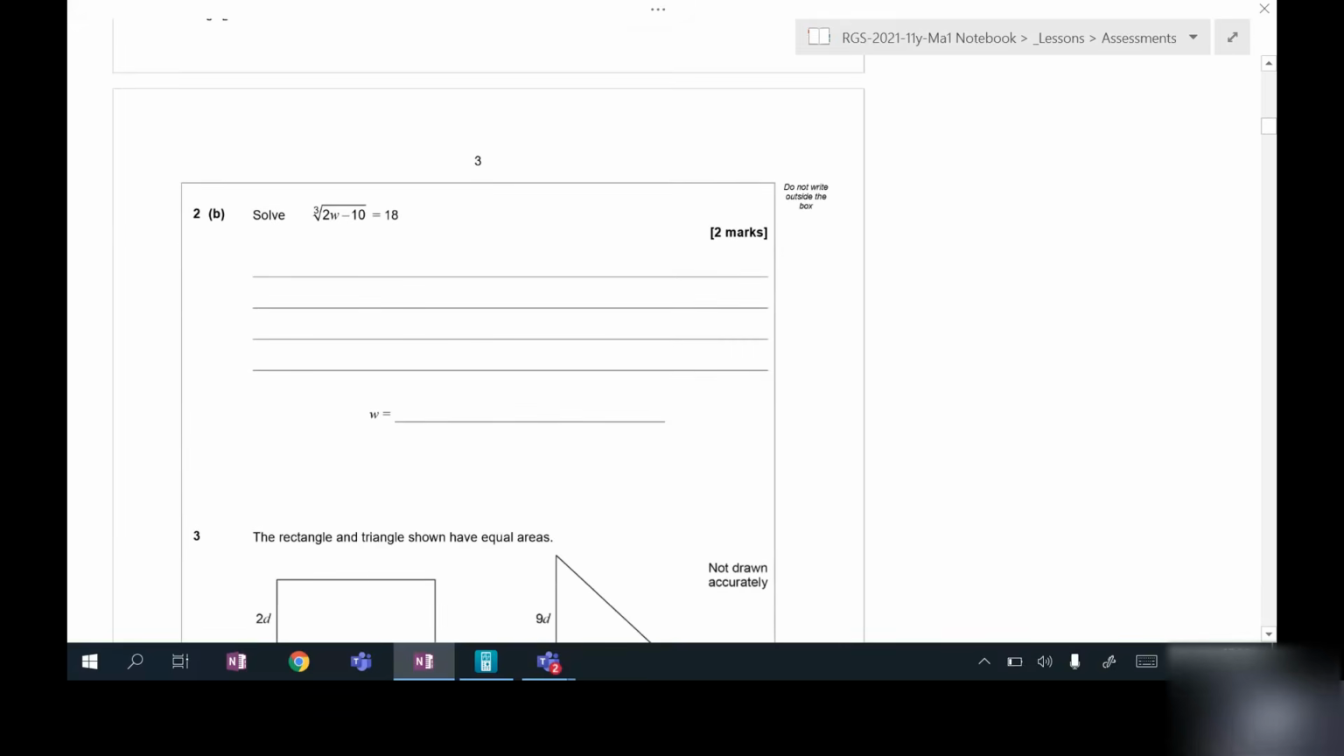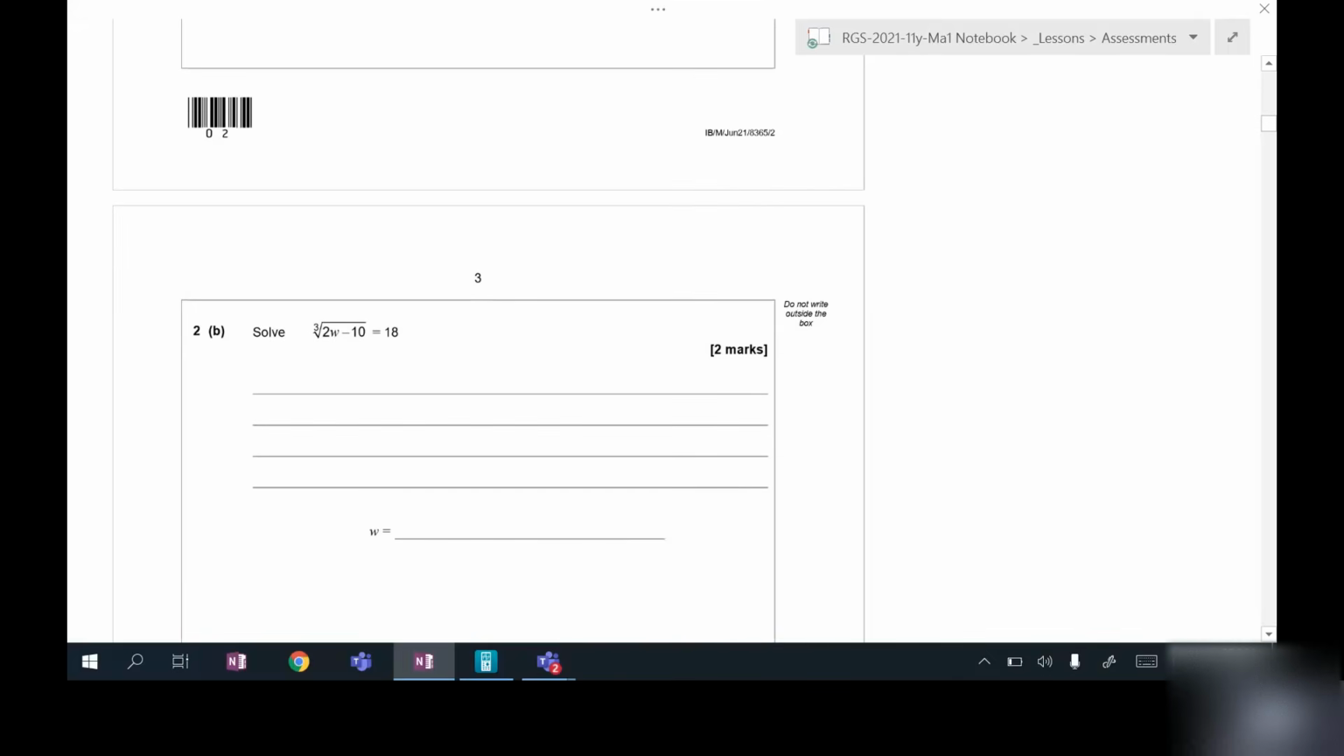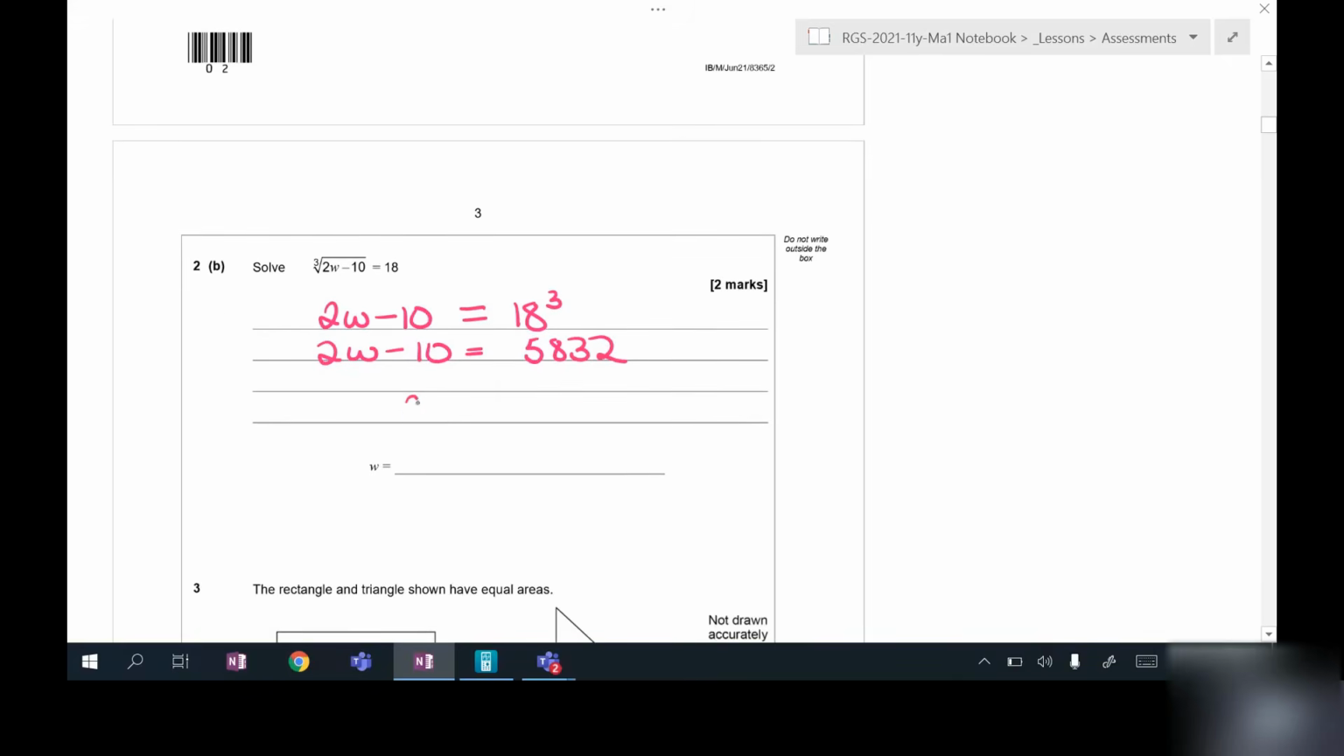Next is another solving an equation, similar to what was on the paper 1. So think about rearranging. If we have got the cube root, on the other side we want to cube. So on the other side, I'm going to do 18 cubed, which gives me 5,832. So if I solve that equation, and divide by 2,